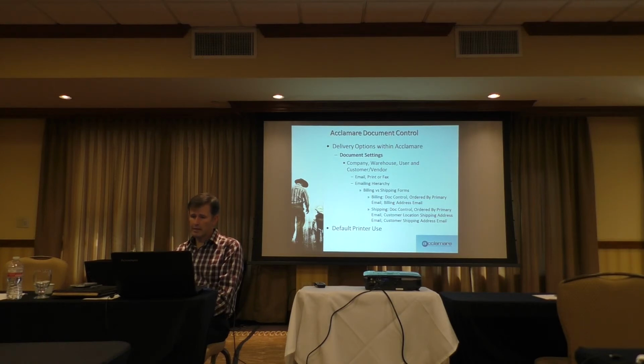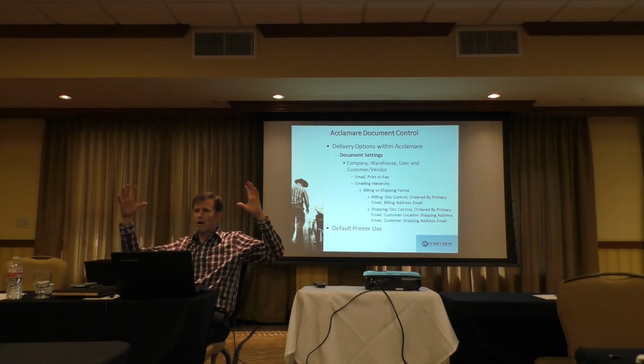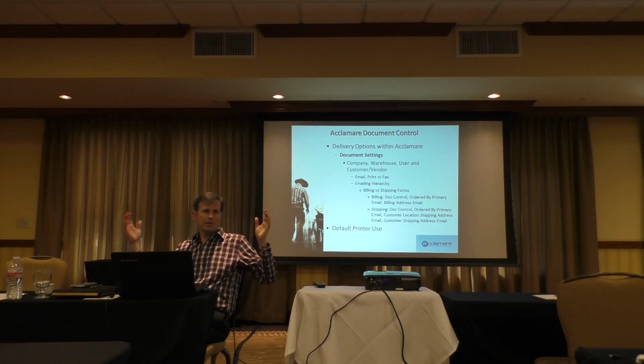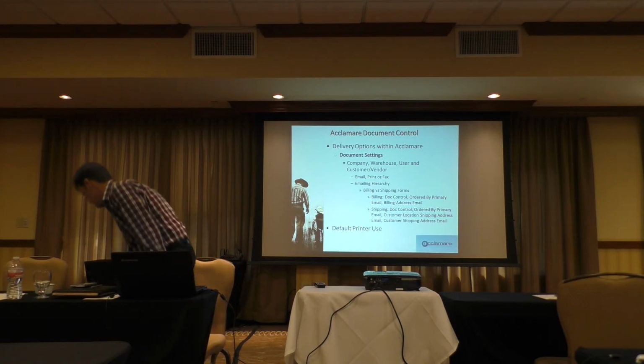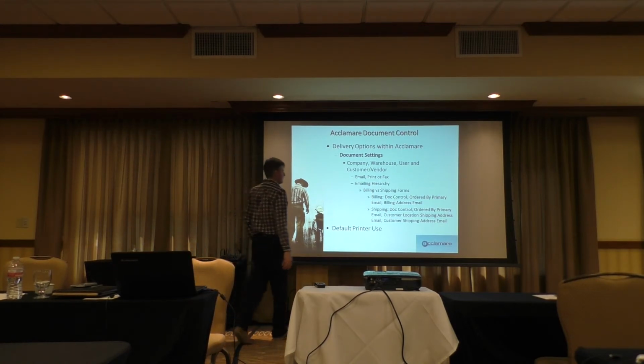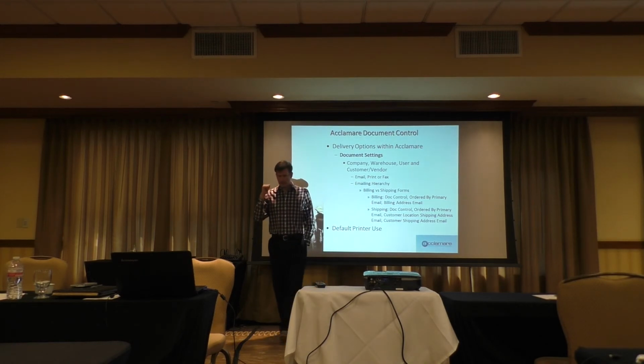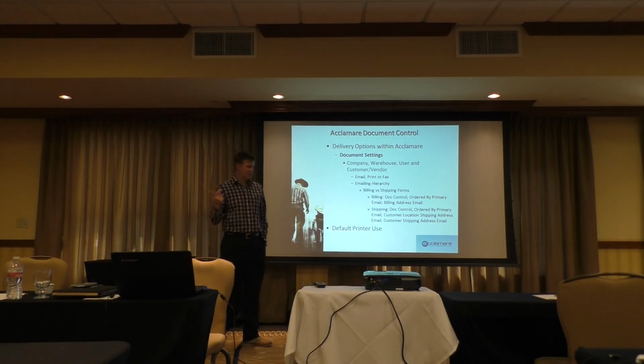If you are emailing, let's say you set up something for global email. You go to the company-wide document settings and set that form for email. Then the question is, what email address does it use if I don't have an explicit document setting per customer? Well, it depends on what type of form it is. If it's a billing document, like an invoice or a sales order acknowledgement,